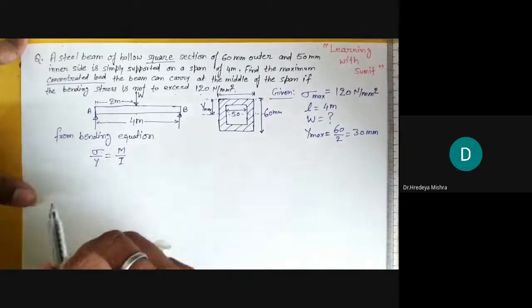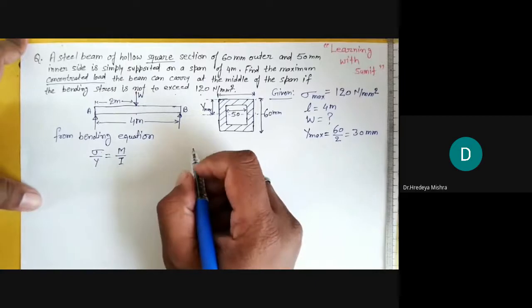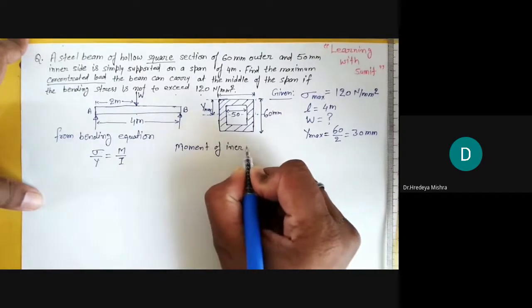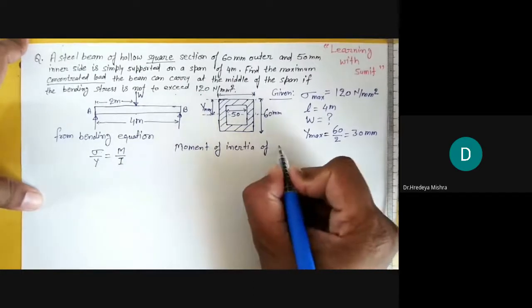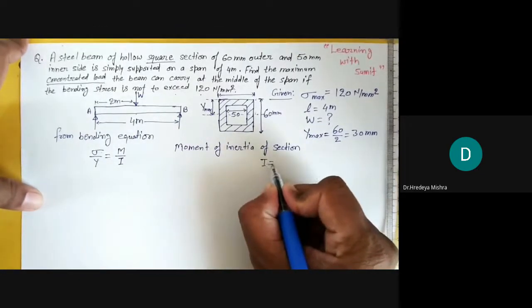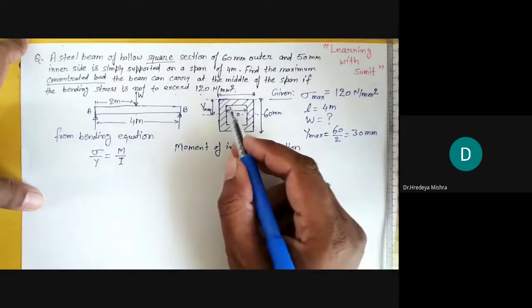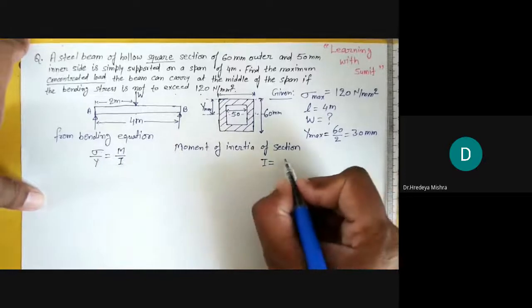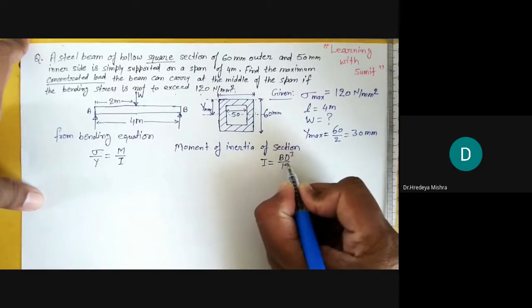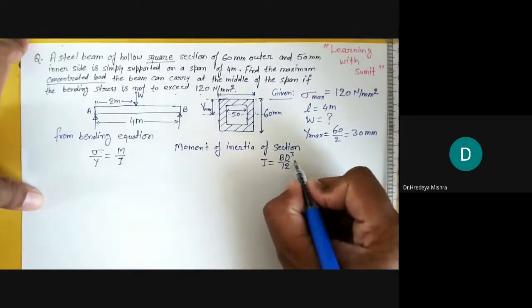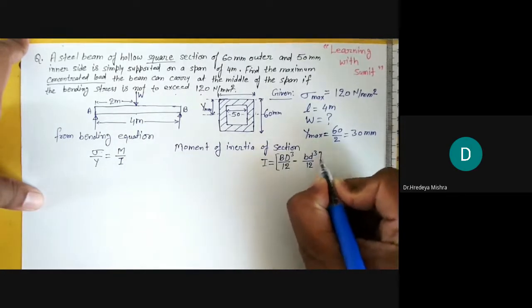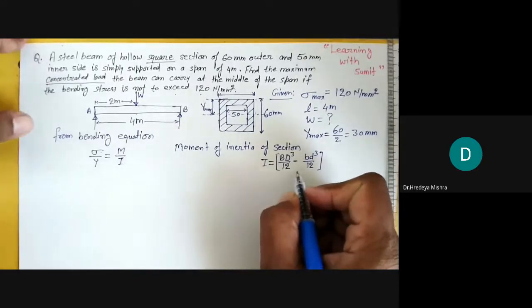हमें y मैक्स पता है, हमें σ पता है, I हमें नहीं पता। तो अगर हम इसका मोमेंट ऑफ इनर्शिया I फाइंड करना चाहें, मोमेंट ऑफ इनर्शिया ऑफ दिस हॉलो सेक्शन। फार्मूला आप जानते हो: I = आउटर का मोमेंट ऑफ इनर्शिया फाइंड कर लें और इनर का उसमें से माइनस कर दें, तो जो शेडेड पोर्शन है उसका मोमेंट ऑफ इनर्शिया हमें मिल जाएगा। अगर हम आउटर को कैपिटल B और कैपिटल D लिख दें तो BD³/12 ये आउटर का होता है, माइनस इनर का स्मॉल b और स्मॉल d (bd³/12), ये रेक्टेंगल का फार्मूला है। दोनों में बेस 12 कॉमन हो जाएगा और माइनस करके फाइंड कर लेंगे।